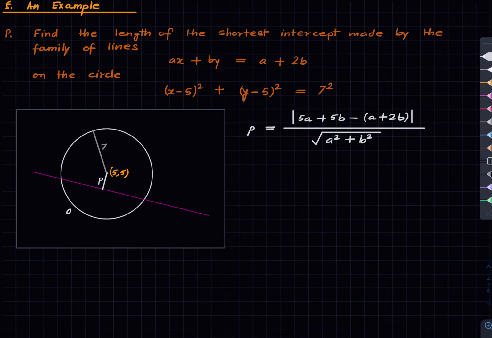So this is the distance between the center and the line, and we need to maximize this. So the expression is nothing but equal to that. All right, which is